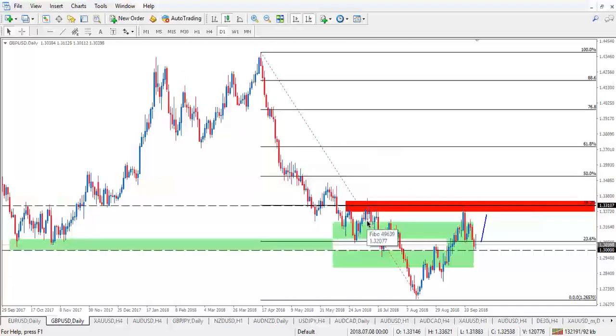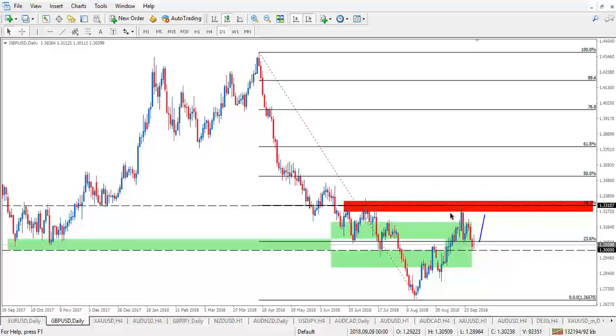Now let's move to the GBP USD on the daily time frame. As you can see here, the pair went down and hit our first target as we discussed last week, 1.30. So what we can do this week is to wait for the pair to go up again to be traded right below the level of 1.33, which is a very strong resistance level. In case it shows up some bearish evidence below this level, we can go short targeting the level of 1.30